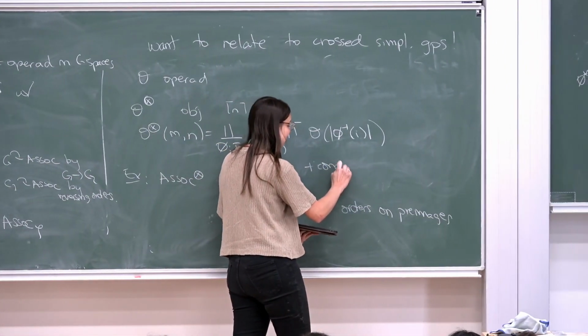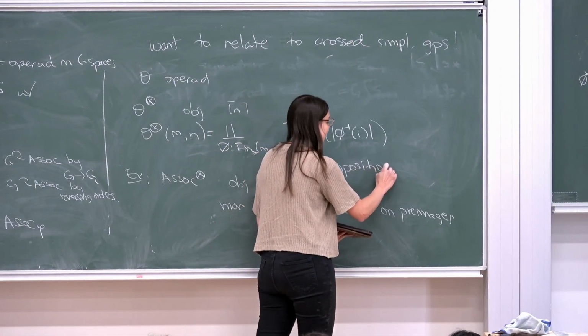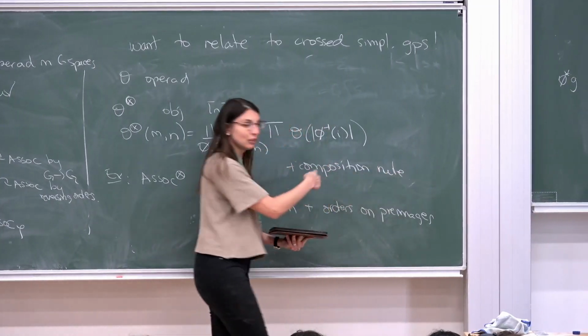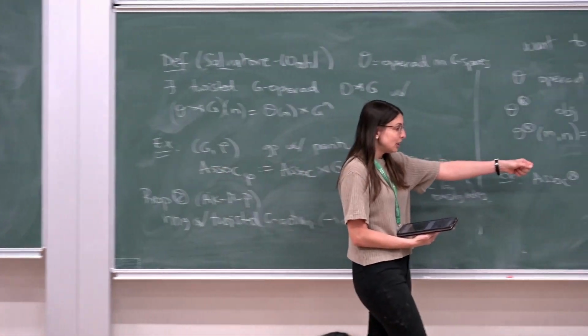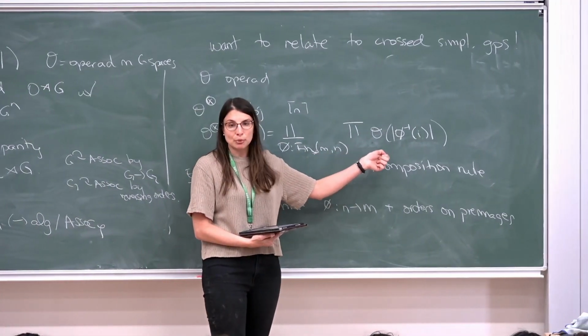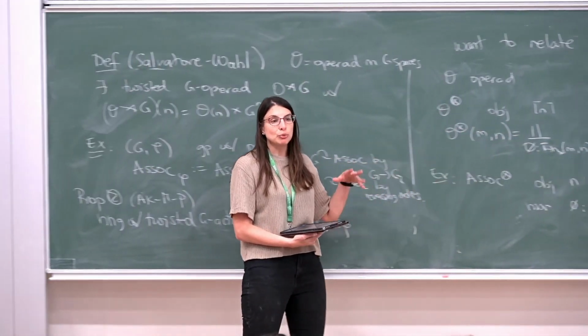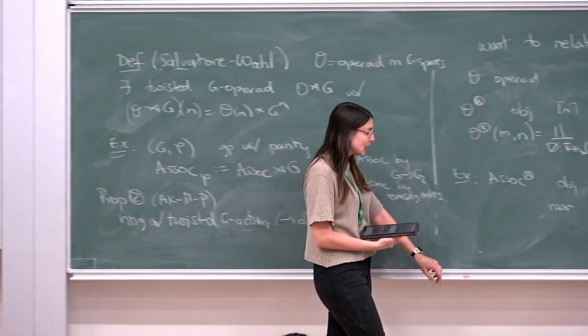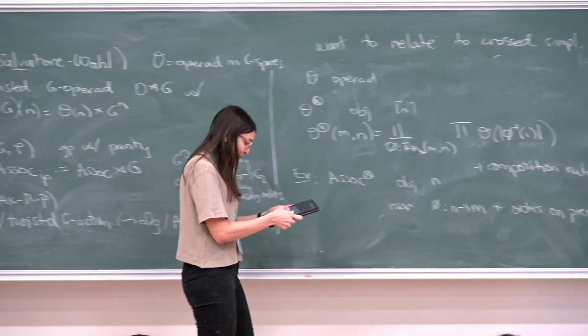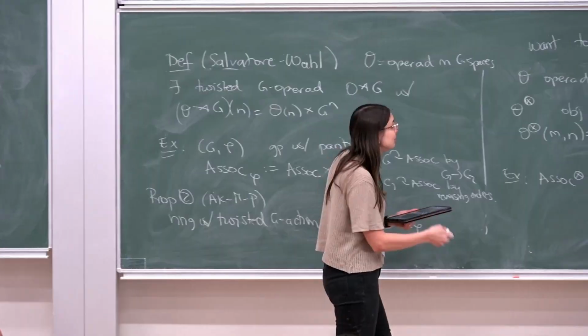So plus you have to make a composition rule, and that will, of course, be defined in terms again of the operad structure map, but also you have to keep track of doing the right orders at the right time. So yeah, that can be a bit tedious, but now let me